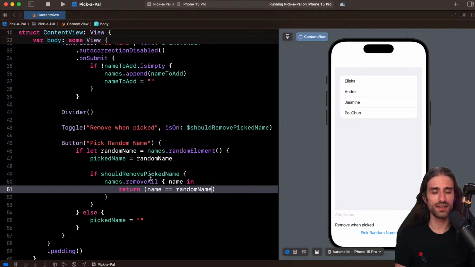So actually, if I enter the same name several times and it's picked only once, it will be removed in all the places. Which makes sense. You could also say you only want to remove the first occurrence. It's a matter of what your business logic is here. Both can be implemented and both can be correct depending on what you want. So let's see. For now it just picks a name, but if I enable the toggle, then indeed names are being taken out, and that's it. The list is empty and it's over.